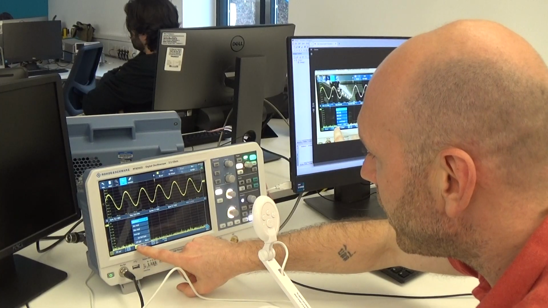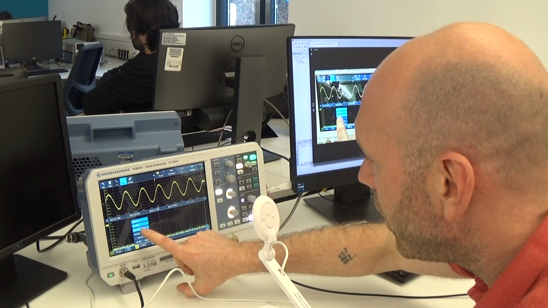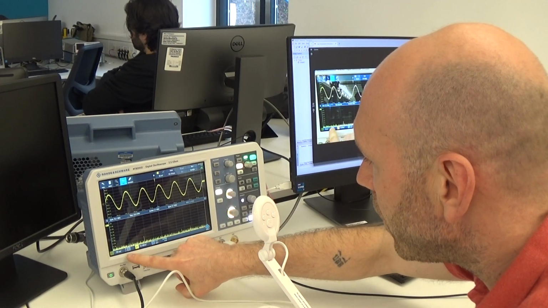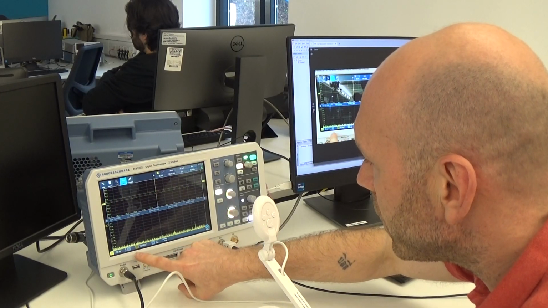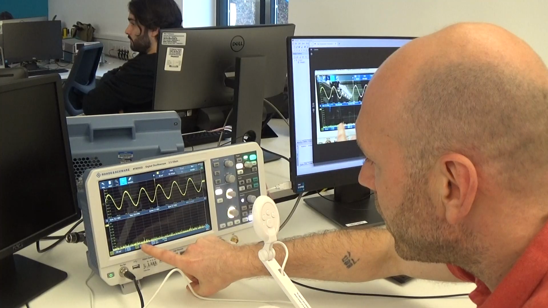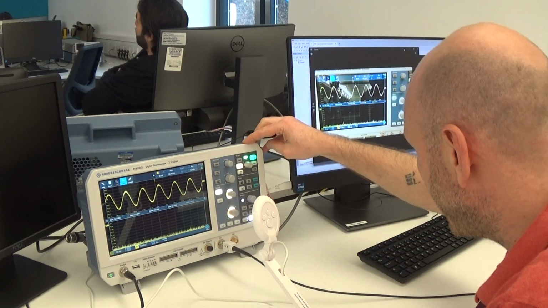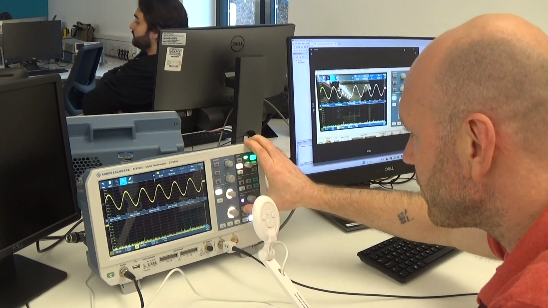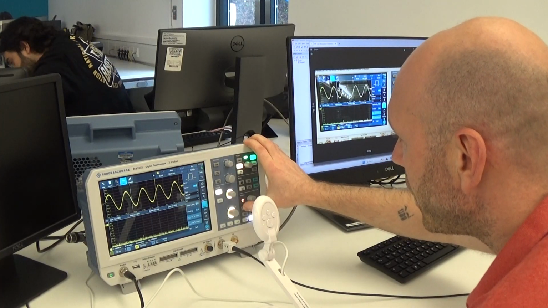Let's see if we can put a. So ultimately, any idea how to put the cursor on there, John? Let's have a look. Okay, so we're going to put our cursor